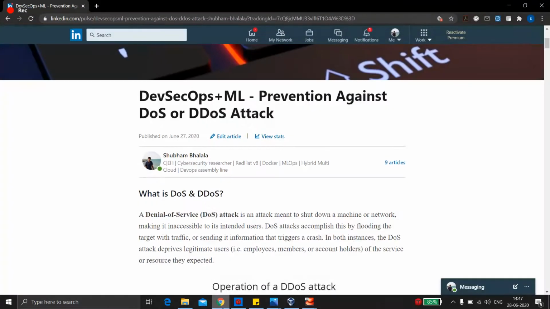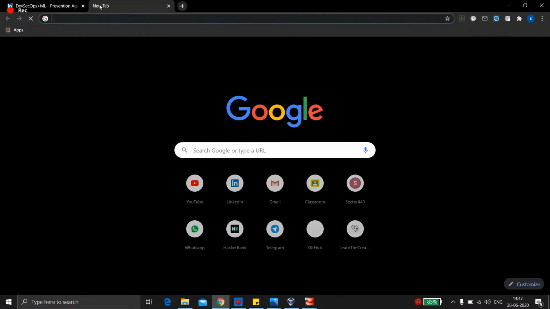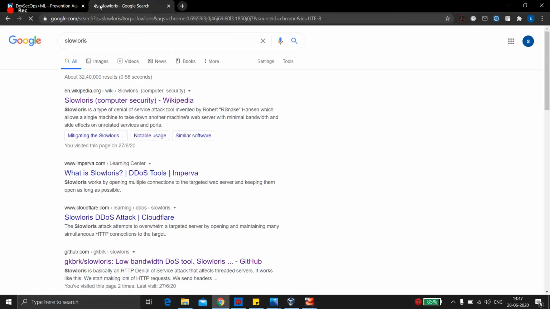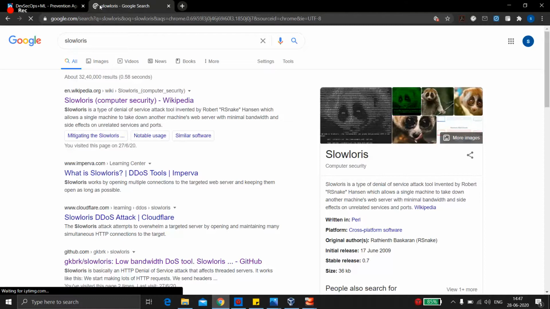If you want to know more about Slowloris, you can search it on Google. Basically it's an HTTPD attack, which works on threaded servers with HTTP. You can go to this GitHub link, from where you can download this tool.